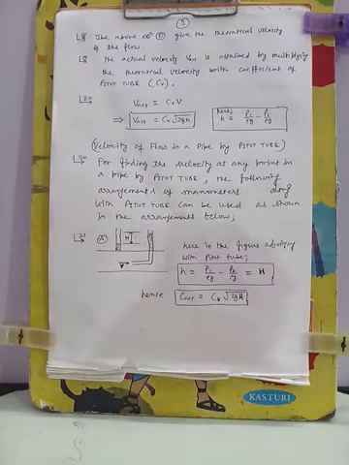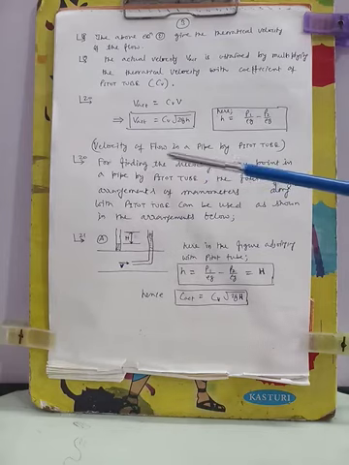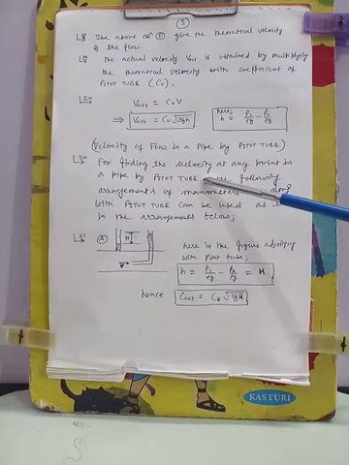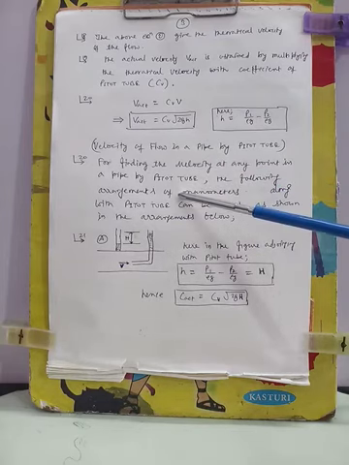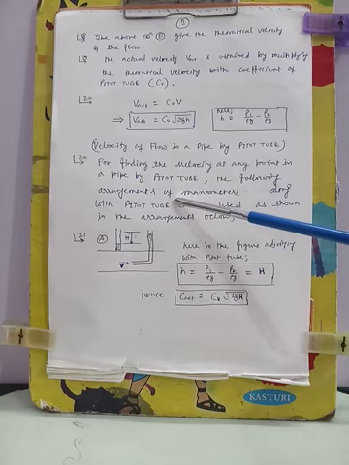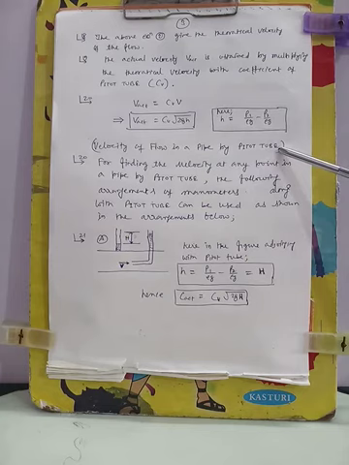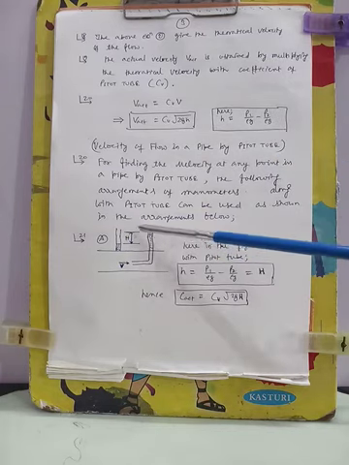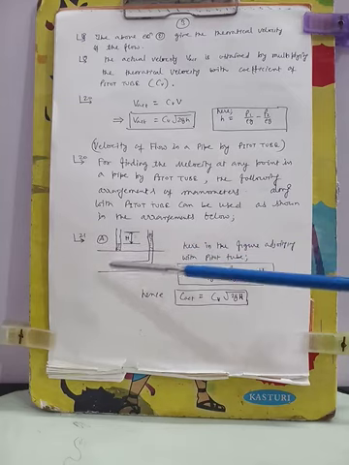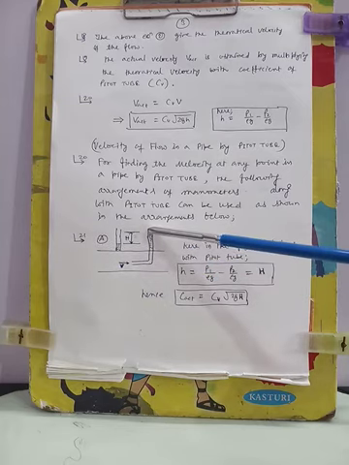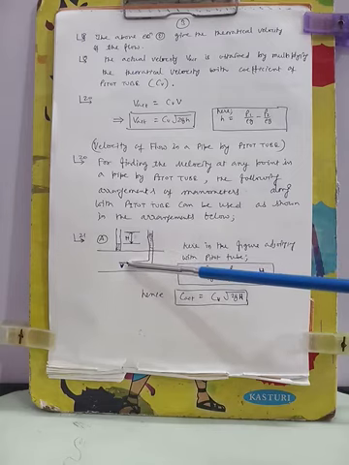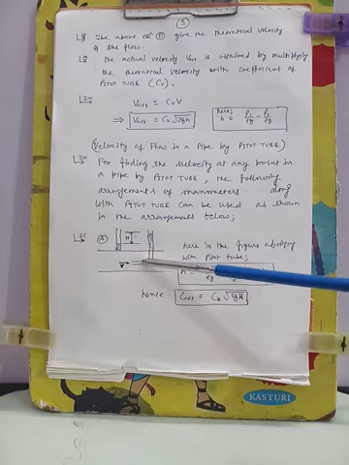Let us see how to measure the velocity of a point of flow in a pipe by using a pitot tube. This is the first arrangement. This is the pipe, and it is a simple pitot tube which we have fitted here, and this is the lower end, the horizontal end of the tube.